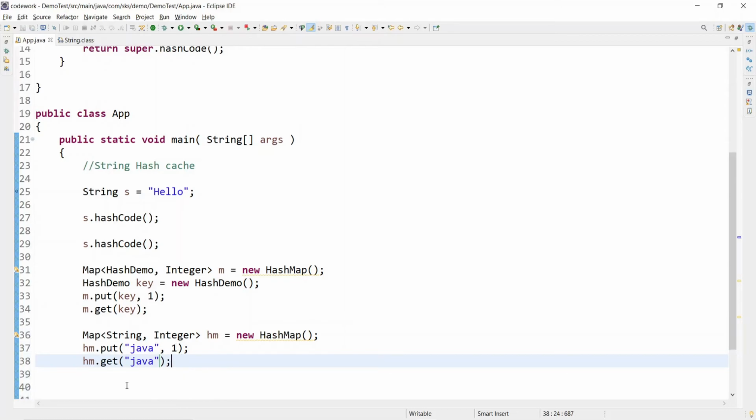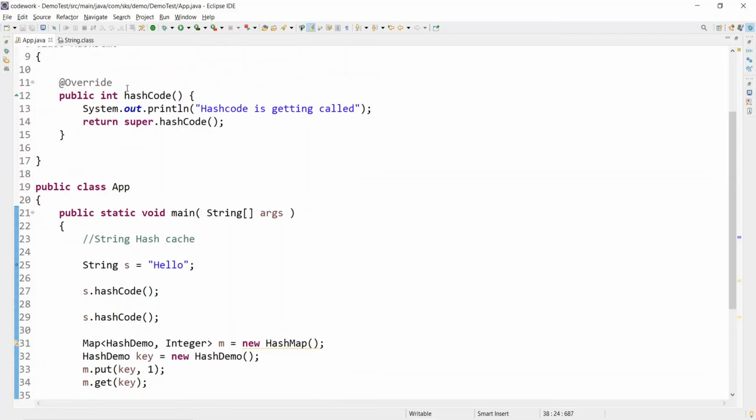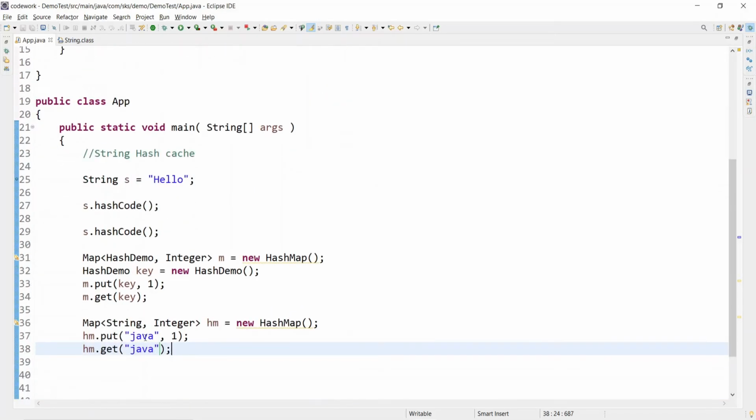So if you see, in both cases internally the map is going to call the hashCode. Obviously the String's hashCode method will get called, but it will calculate only one time.